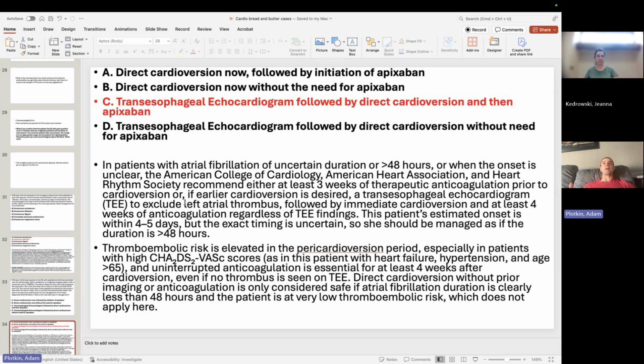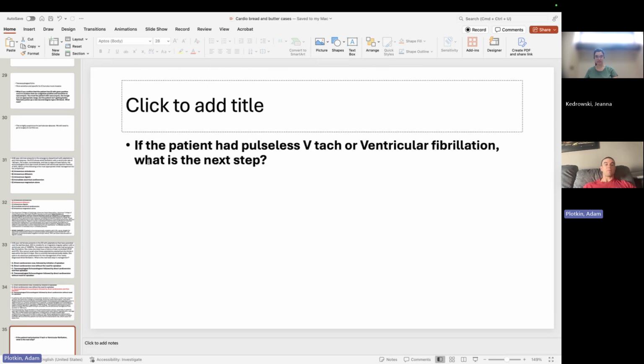We usually put patients on 5 milligrams twice a day. Maybe not so much for Step 2, but if the patient is age 80 or older, has a weight of less than 60 kilograms, and has a creatinine greater than 1.5, if they have just 2 of those or more, or if they have all 3, that's indication to drop their apixaban to 2.5 twice a day. That's probably not needed for Step 2, but just for your knowledge. All right. You'll see that on Family Med for sure. You have patients who are on the wrong doses of meds that you'll need to fix.